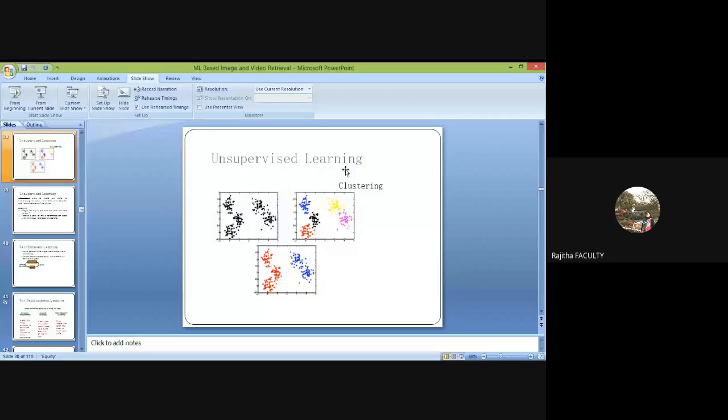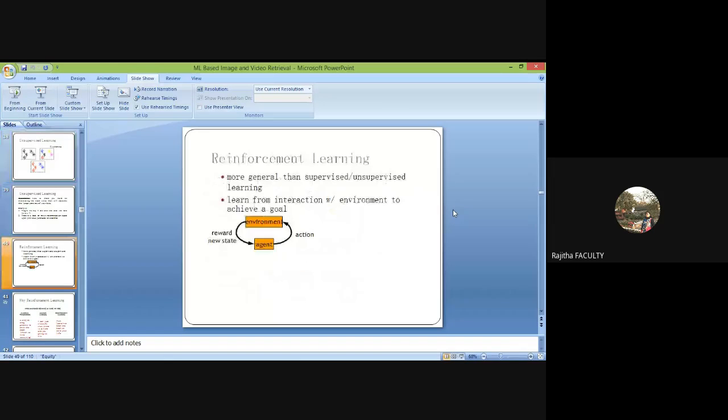Similarly, we have reinforcement learning as well. Now, the reinforcement learning ML technique is actually based on the environment. You have a software system designed. It will take the environment information, and accordingly it is going to take the action on the environment.